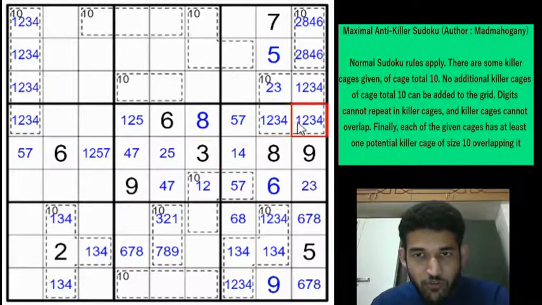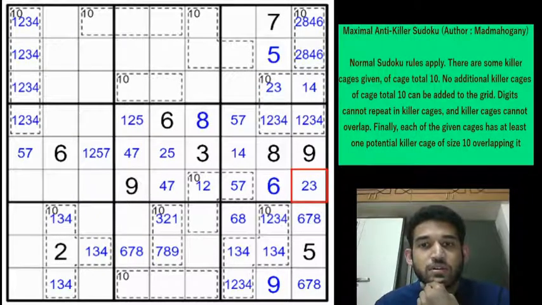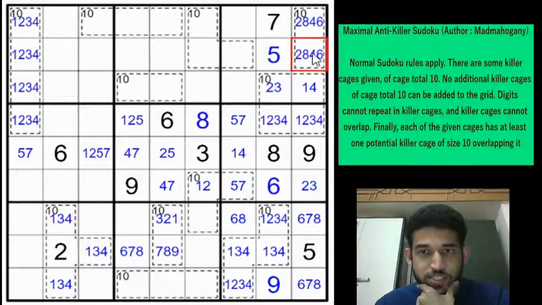Now using similar logic, you have a 1 or a 4 here. So you can't have 1, 4 in these cells. And this cell cannot be here because these and this are different. So this cell has to be here. So this is going to be a 1 or a 4. These two cells are same, and similarly these two cells are going to be same. Now we have a 2, 8 or 4, 6 here, which is not giving us much now.